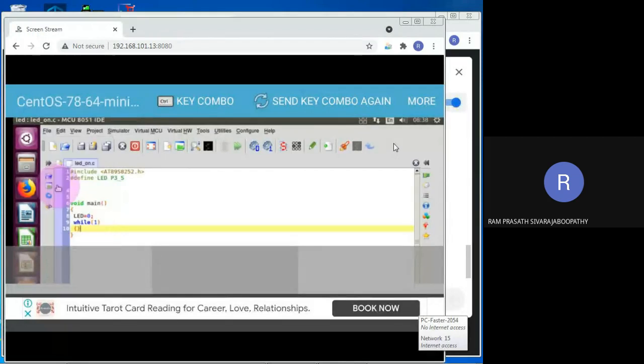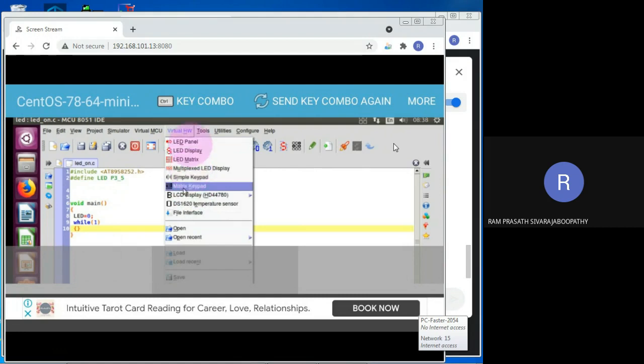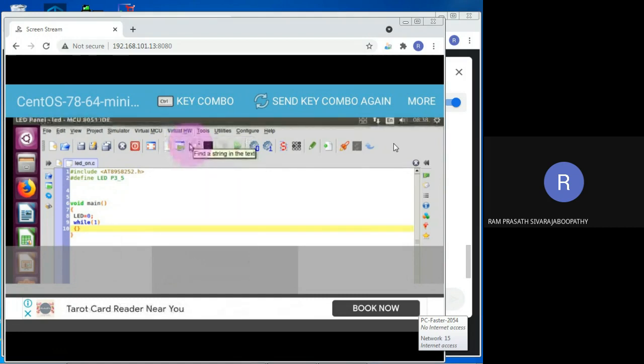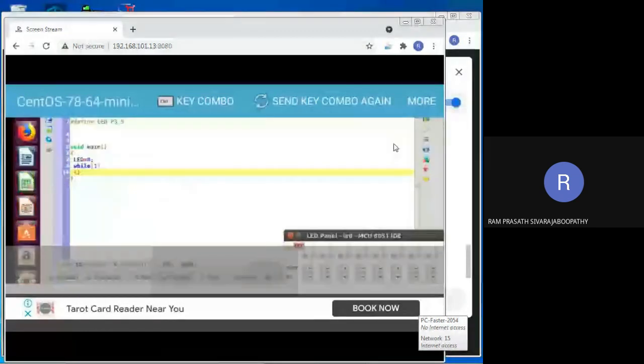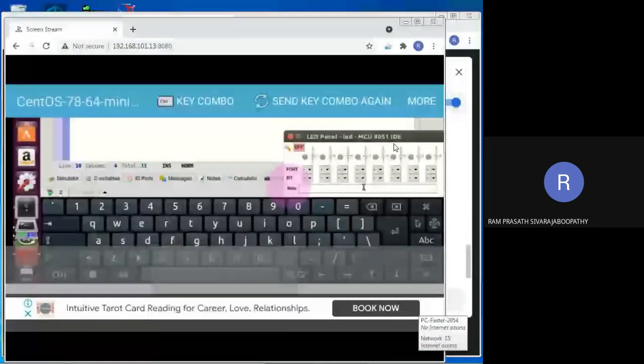Okay, so now we have to click on virtual hardware. Yes, we have to choose LED panel. Wait a moment. The very first thing we should do is enable the window always on top.